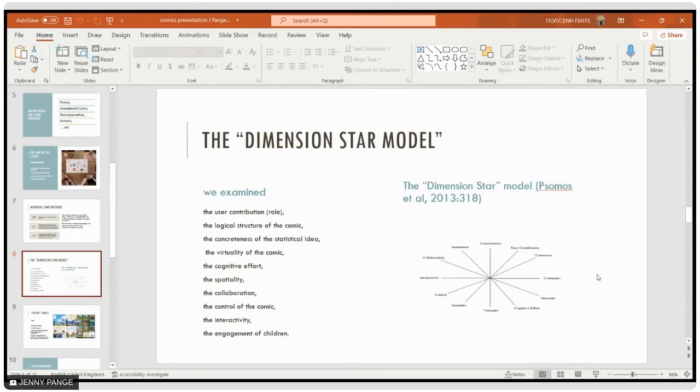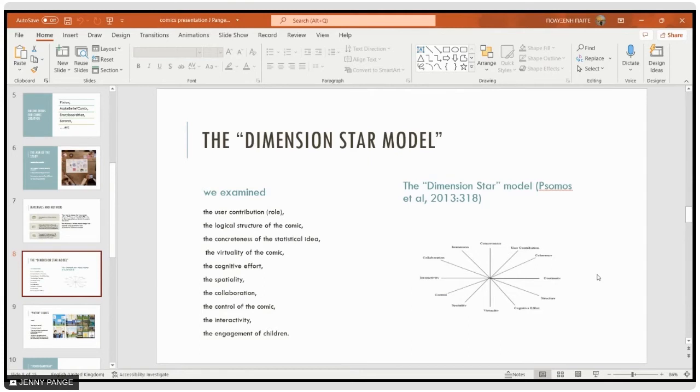Another thing we have to check is the graphics. How close is the subject that students had to prepare for the school? The other one was the concreteness, the logical structure of the comic, the background, the design. And how this concreteness of the statistical idea they used was applicable to that design. Also, we used the logical structure of the comic, how the comic was structured, if it has a logical way.